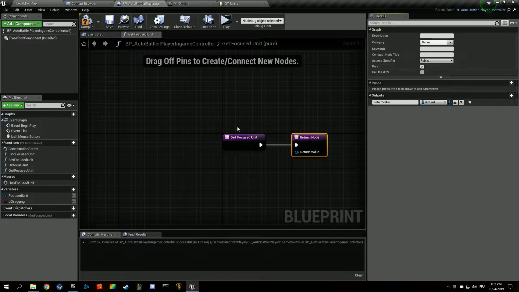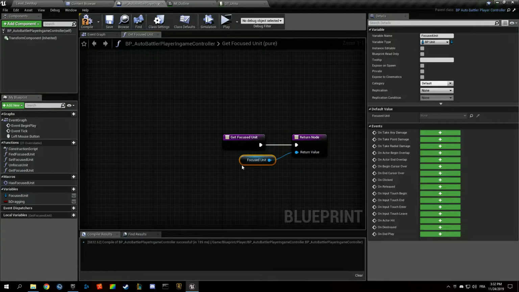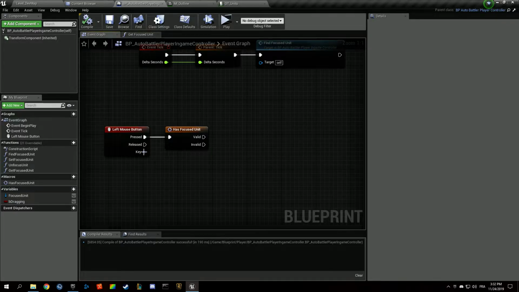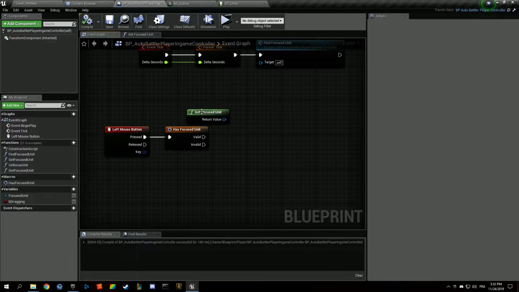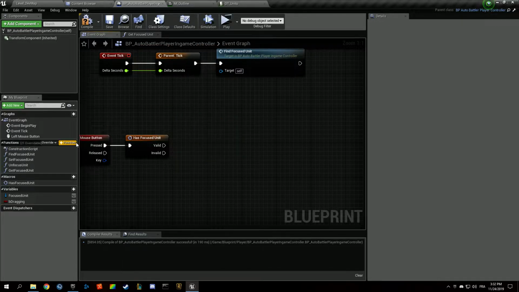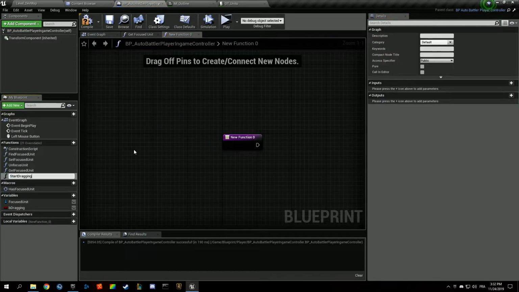We don't want to use the variable right away. For now it looks silly, but we might be doing some stuff afterwards. So if we have a focus unit, we're just going to say that we are dragging. We're going to start dragging,